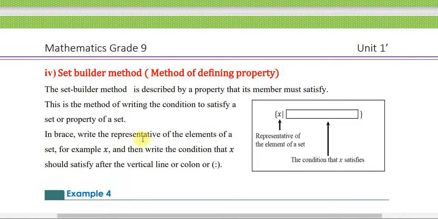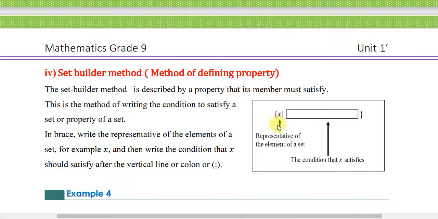In braces, write the representative of the element of the set, for example x, and then write the collection that x should satisfy after the vertical line or colon ይላል ማለት ነው።